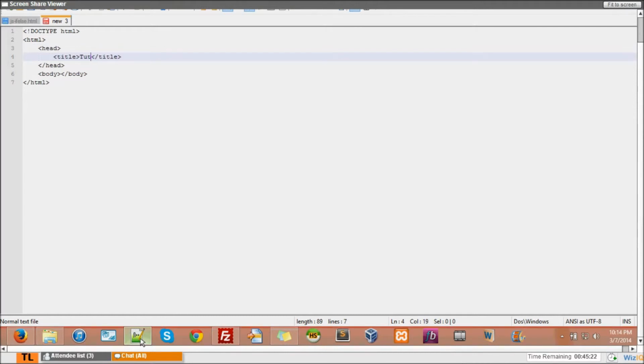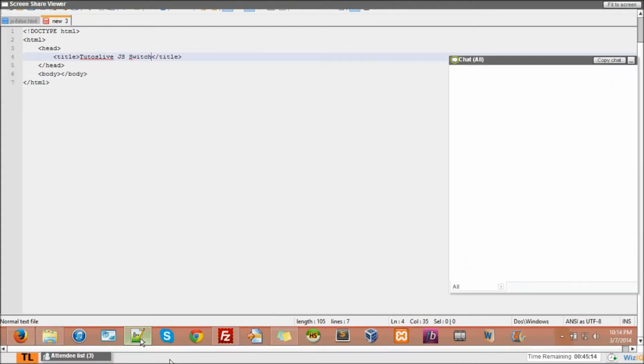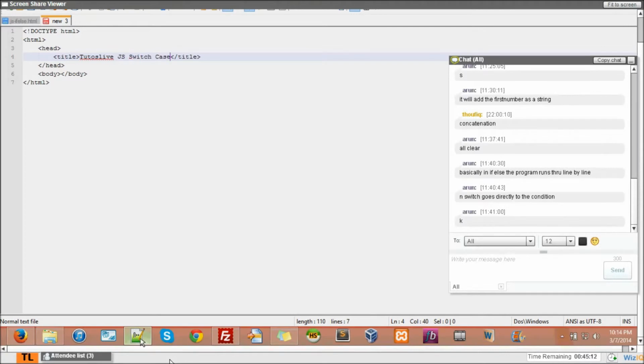The title is Tudos Live, JS switch. I'm writing here in uppercase just for the namesake. Okay, switch case break default. We'll go one step by step.